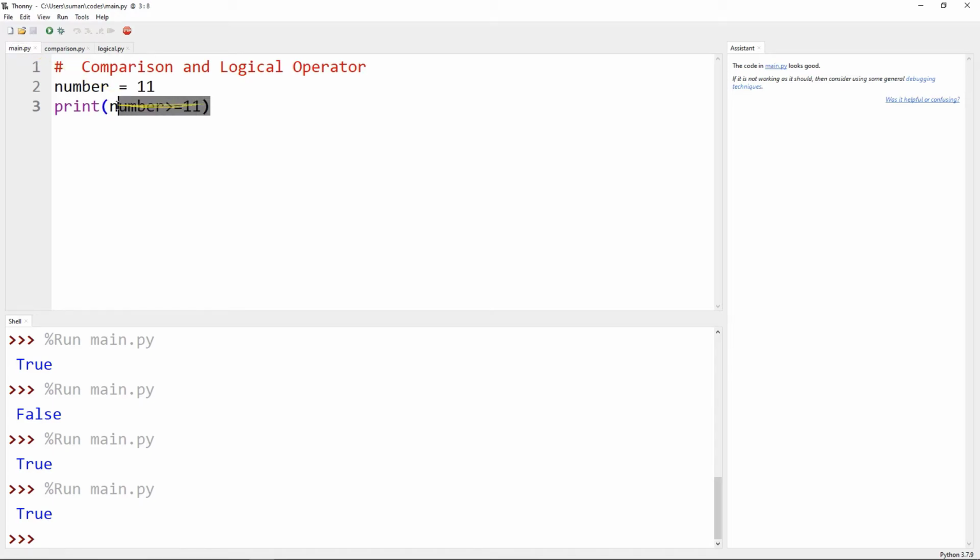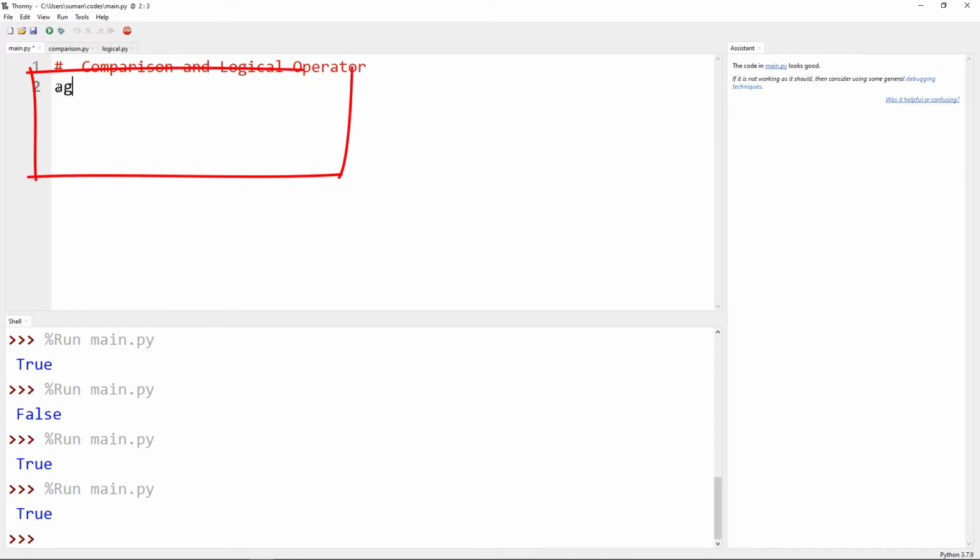First, suppose we have a variable age, and we assign it the value 22, and another variable marks, which we assign as 38.